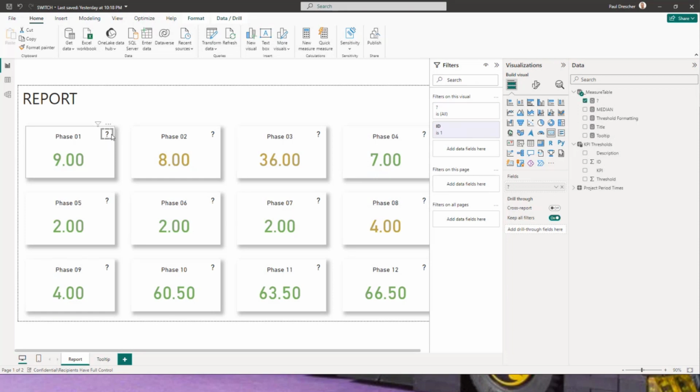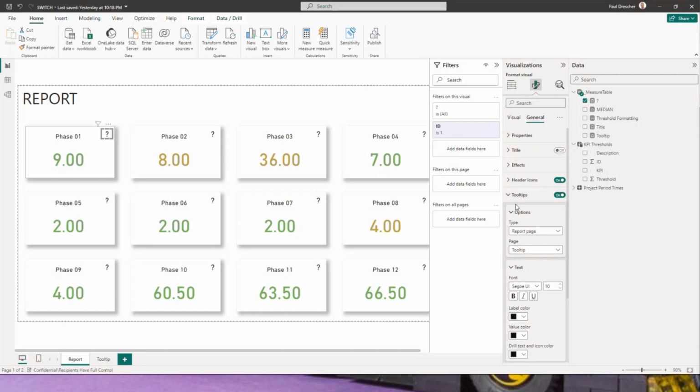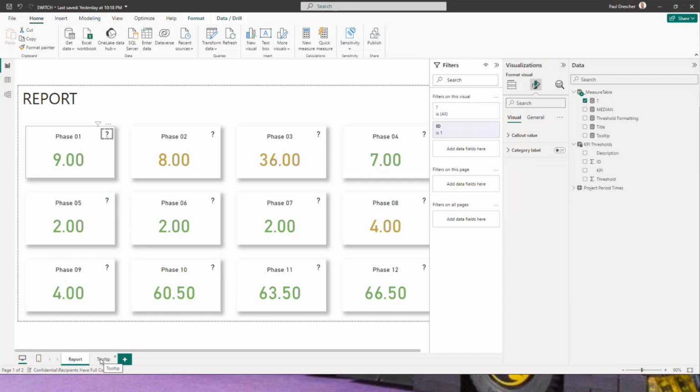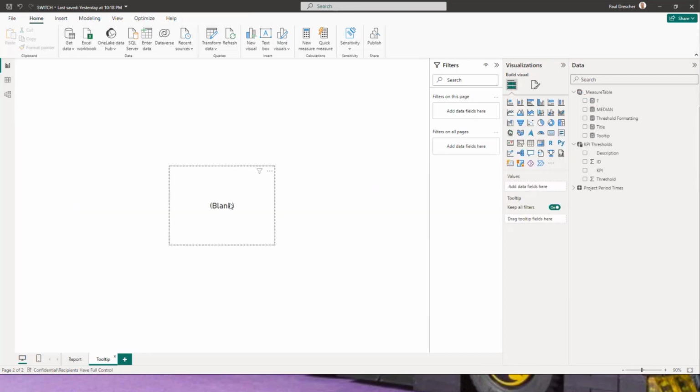Now the last piece of each card is the question mark, also a visual, also filtered by ID1, so you can apply the same filters for all of the 3 visuals. And this one has the tooltip activated, in this case, what I call the tooltip. So it just uses whatever is being output here.